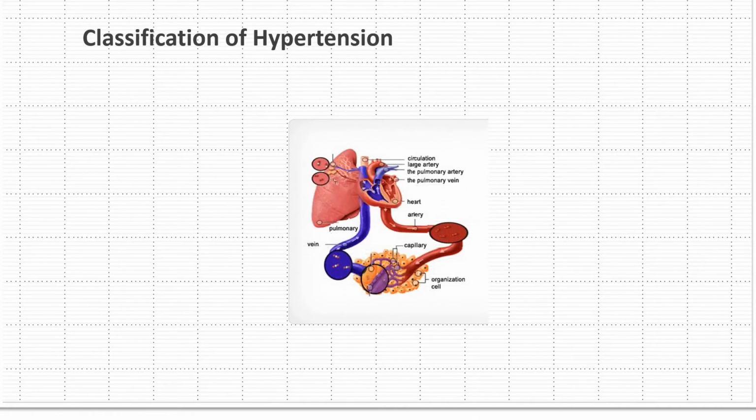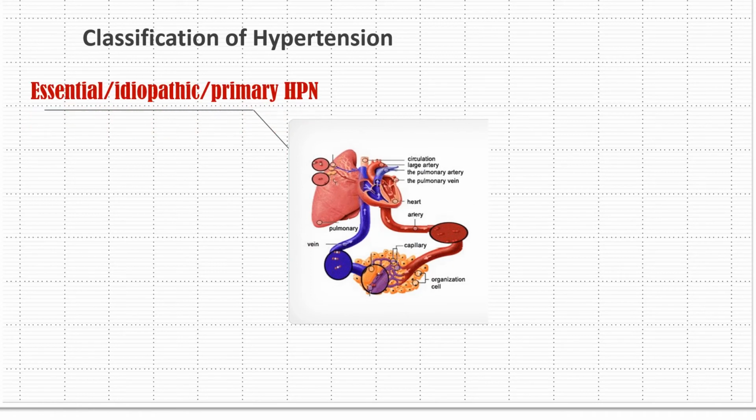Classifications of hypertension. Number 1 is essential, idiopathic, and primary hypertension. This is the type of hypertension na ang cause lang could be genetic or could be aging or lifestyle. Okay. Next is the secondary hypertension caused by another disease. Ibig sabihin, that is a secondary complication. Meaning to say, a good example ng hypertension is yung may mga congestive heart failure, yung may mga peripheral vascular disease,